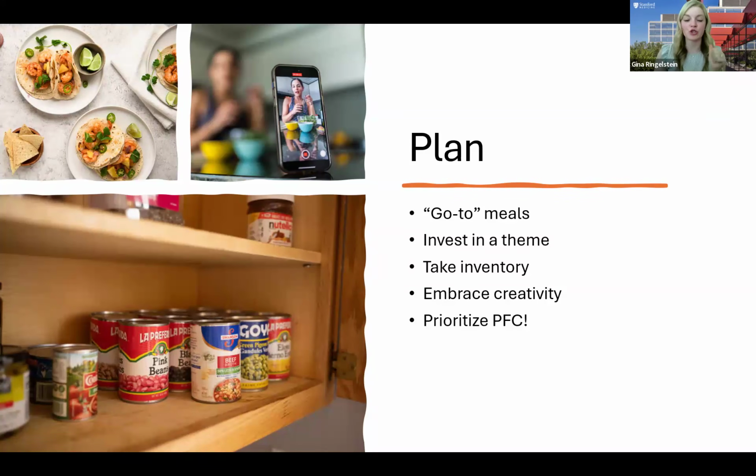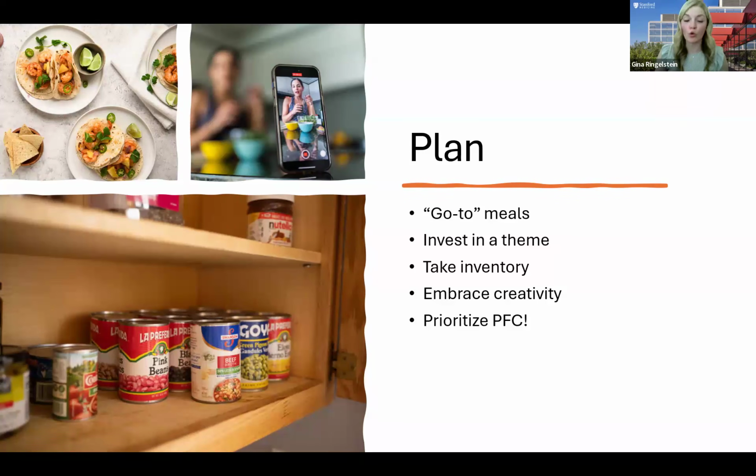So first things first is your go-to meal. You know those moments when you're short on time and you know you always have certain ingredients available in your house and you throw them in a bowl together. Maybe this is a breakfast bowl with scrambled eggs, frozen veggies and some hash browns. Maybe this is a cheese quesadilla. For me, this is often a ground turkey sweet potato bowl. I always have frozen ground turkey in the fridge as a backup and sweet potatoes on hand. We all have some version of these go-to meals.